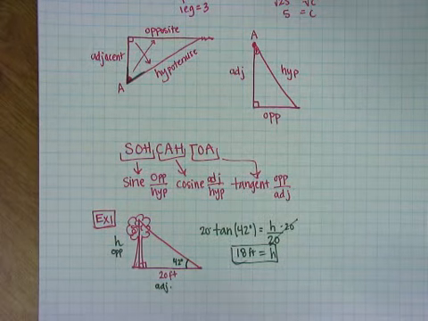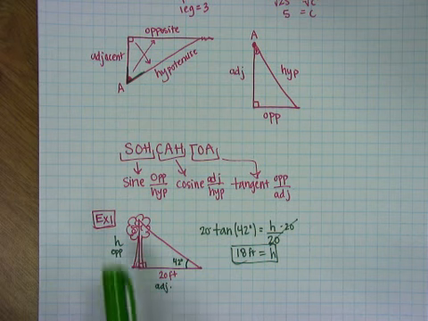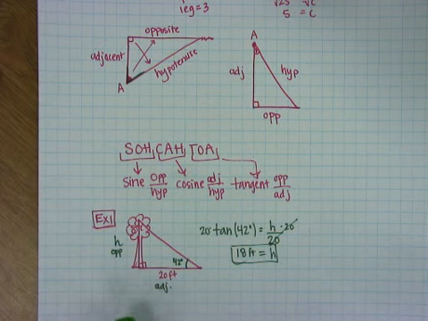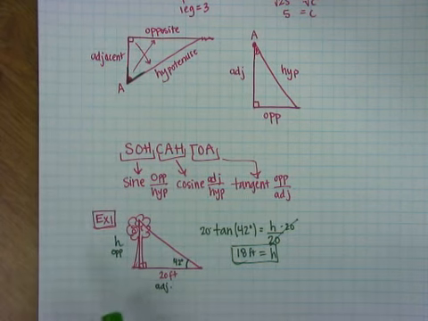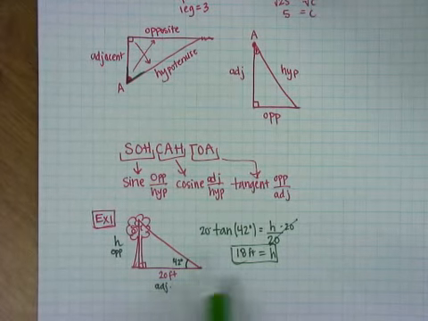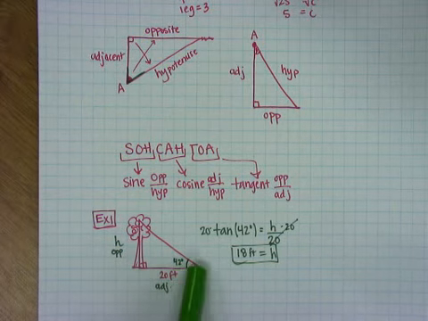And so the thing that trig does for us that's pretty cool is it allows us to find distances like heights of objects, or distances like across a lake, or how far away a mountain is, things that we couldn't measure with a ruler, we couldn't measure with a tape measure or anything like that, that are so far away, the only way we can do it is with an angle and one known side,